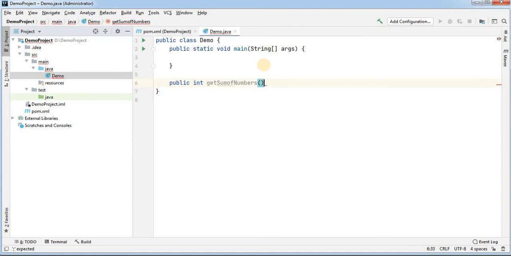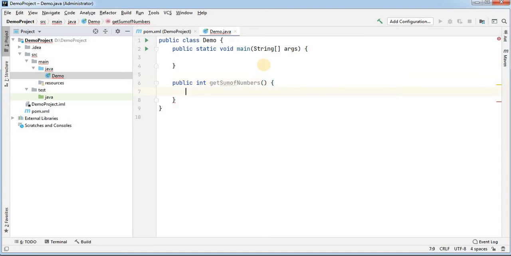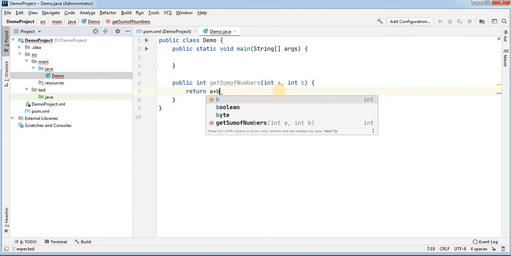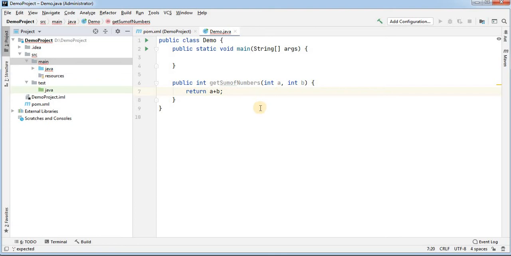Okay, and here we are returning. For getSumOfNumbers, we are going to take two integer type parameters, int a, int b, and we are returning a plus b, right? That's it.